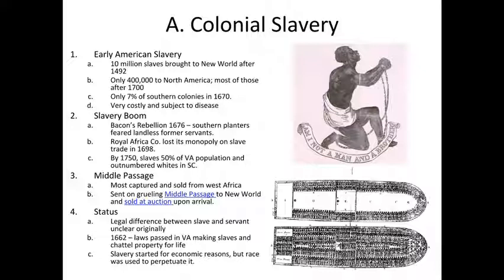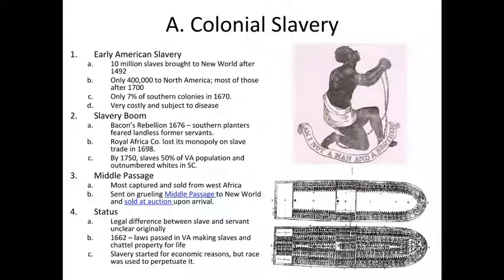That finished product in the Caribbean and North America would be shipped to Europe via England or other places on the Atlantic coast in Europe, and then be sold there. And the money made from selling those finished products would be used to buy more slaves. So they would go back to Africa, again kind of making that triangle, as we know, the triangular trade.